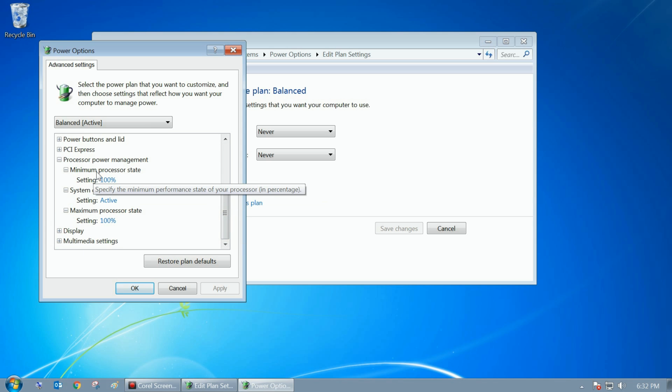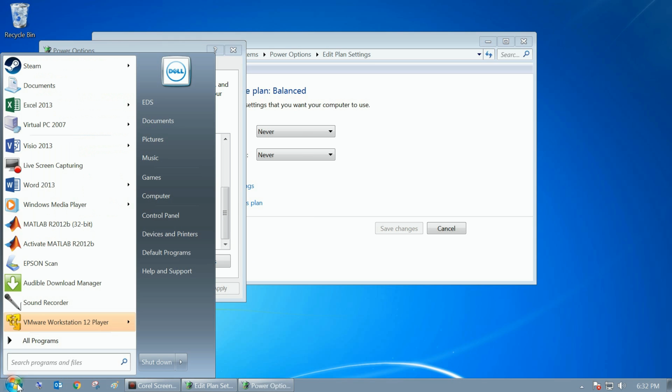You would have the minimum processor state. The setting is between 0 and 100%, where 100% is as fast as the processor can go. So when you ask, well, how fast can the processor go? What does 100% represent? What you can do, if you want to see how fast your processor is, go back